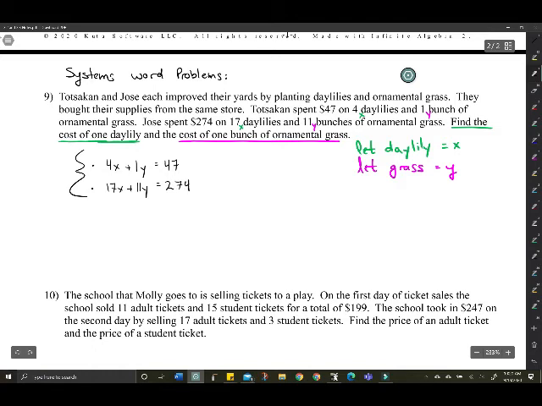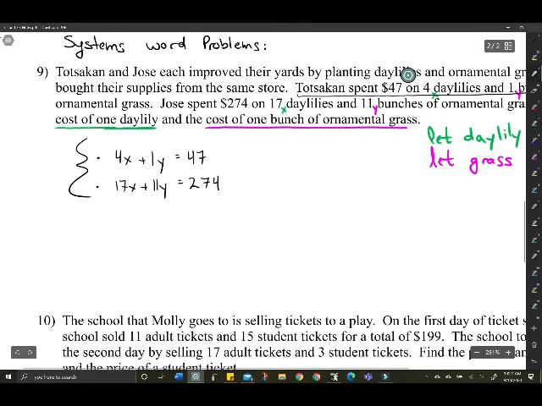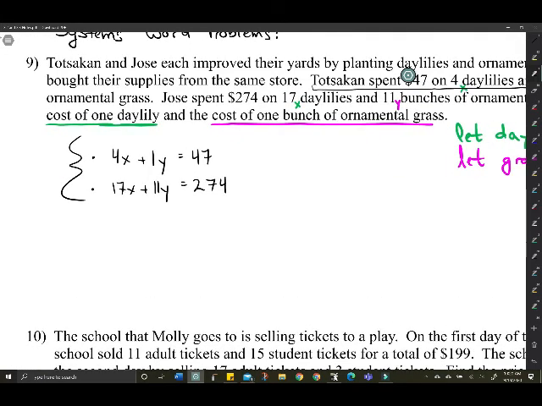So find your variables, plug them into the words, and usually all the information in one is going to be a part of the other. Once you have it set up, it's as easy as using substitution or elimination, but the setup can be the hardest part here. Okay, you can use substitution, you can use elimination. What I will do with this one is multiply the top by 11. Okay, that will make, actually I'll multiply by negative 11